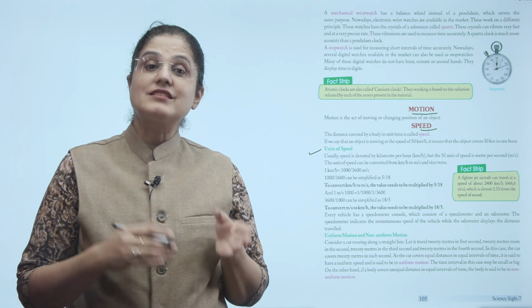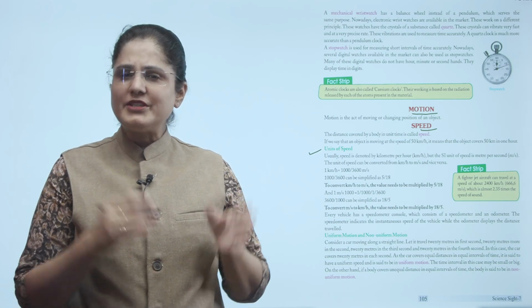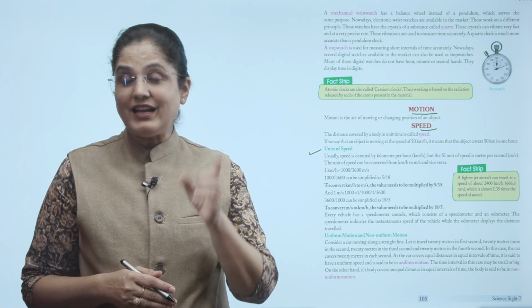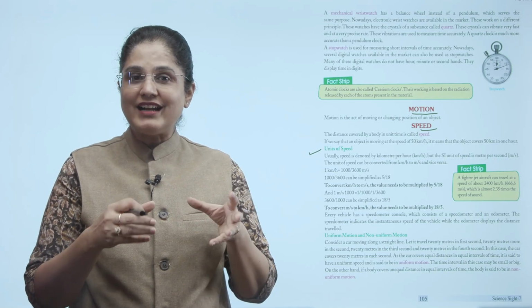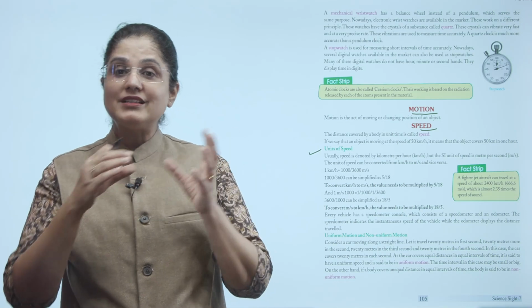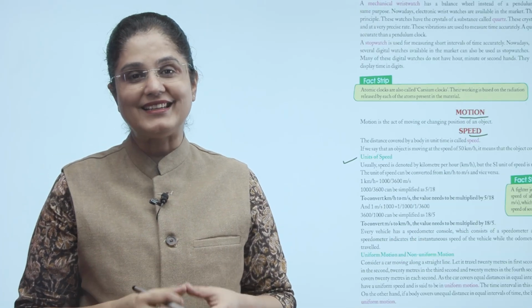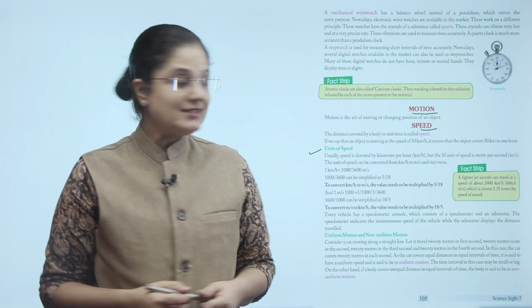Every vehicle has a speedometer console which consists of a speedometer and an odometer. जो स्पीडोमीटर है वो गाड़ी की इंस्टेंटेनियस स्पीड बताता है और जो ओडोमीटर है वो डिस्टेंस कितना ट्रैवल किया है उसको डिस्प्ले करता है. Now let us look at